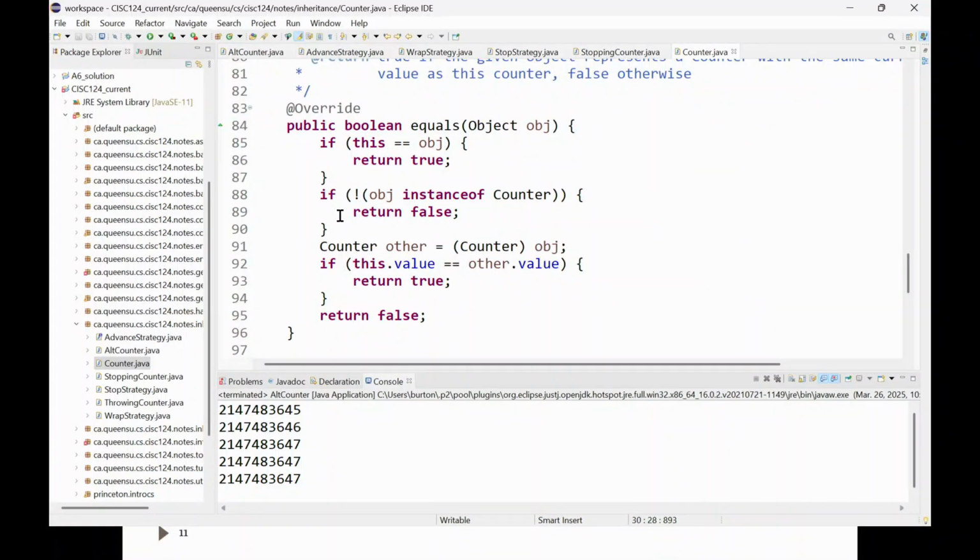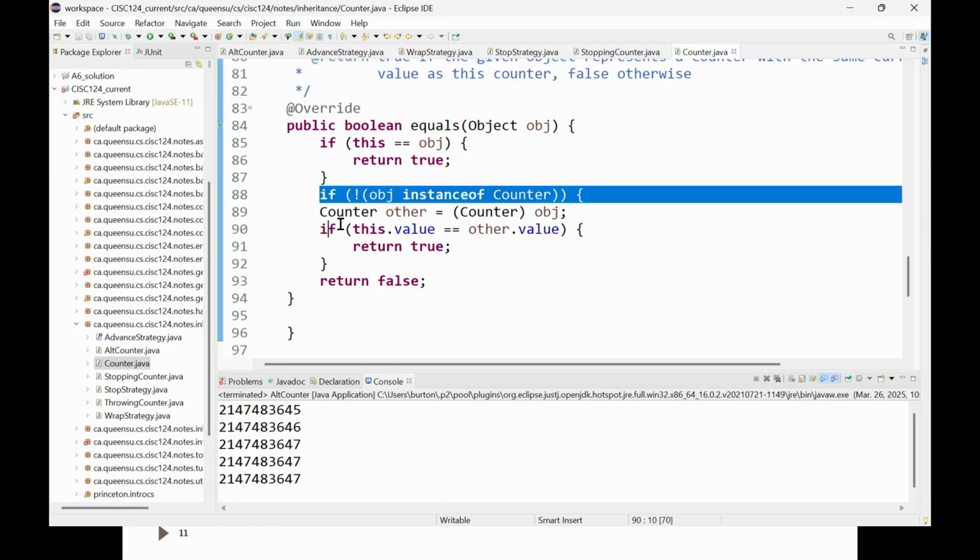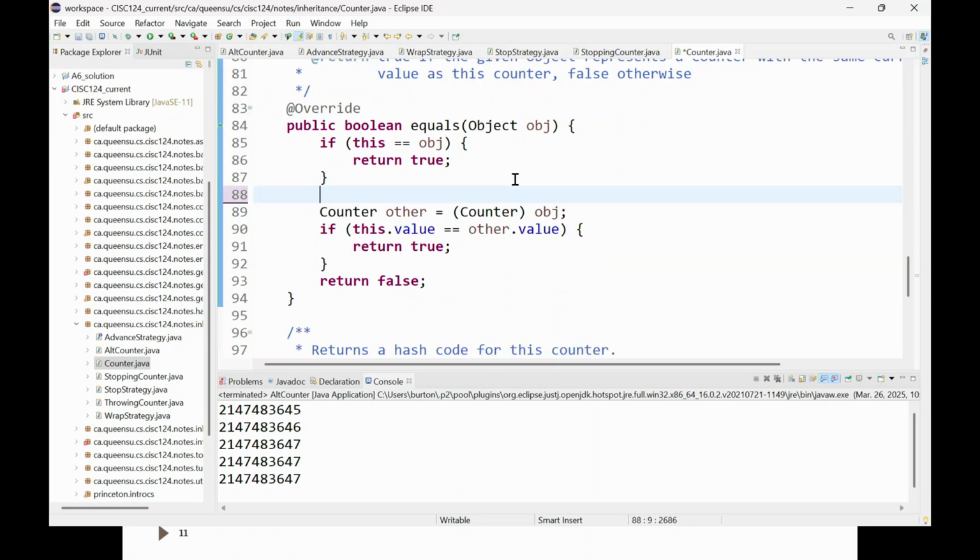Okay, so I did change this already. So let me put this back to what we know equals to be. Just to remind you, how does equals work? I showed you one way of implementing equals. Remember in equals,